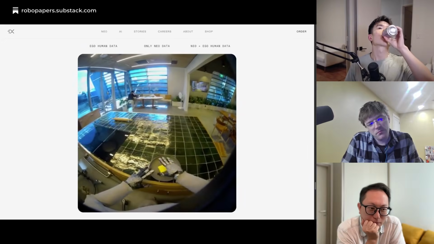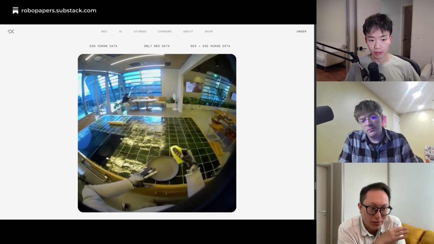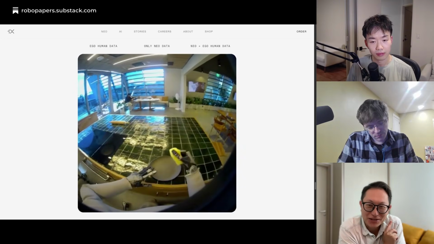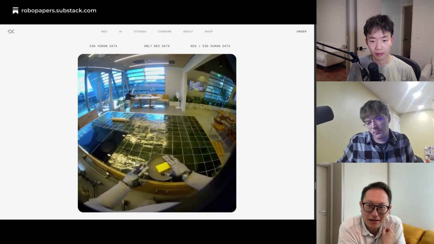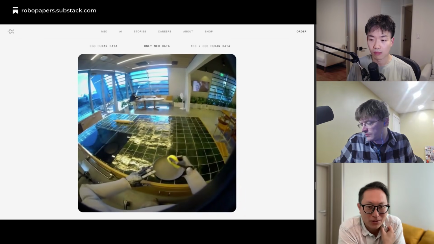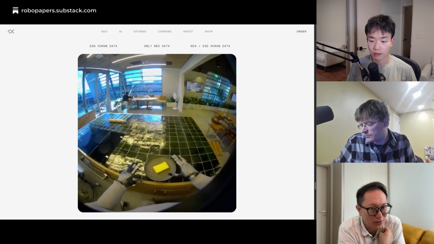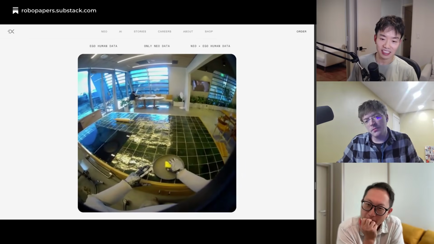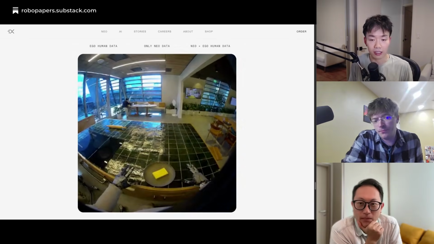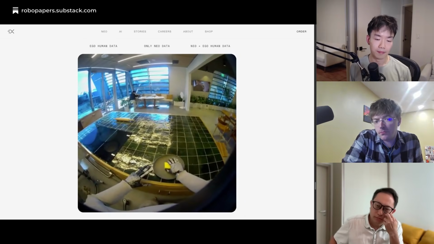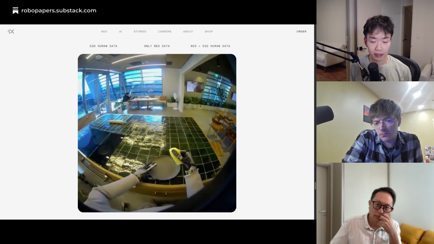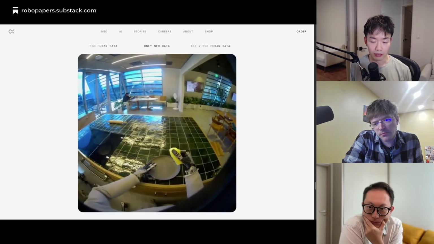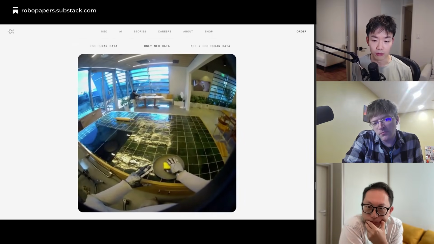I imagine if the very base model is trained on so-called internet video, wouldn't there also be some egocentric video in the mix? What do you think about this step of doing mid-training on egocentric data? Yeah, that's a good question. I think there definitely is a lot of that in the data mix. The problem is that it doesn't make up a big percentage of it. If you take an unbiased set of data from the internet, probably not a lot is egocentric, and less of that is egocentric of doing useful tasks.